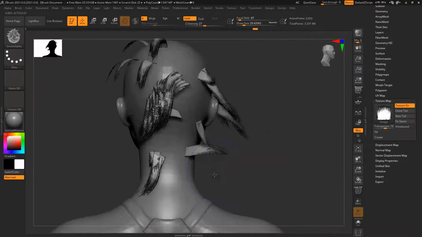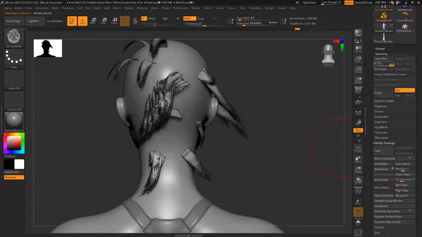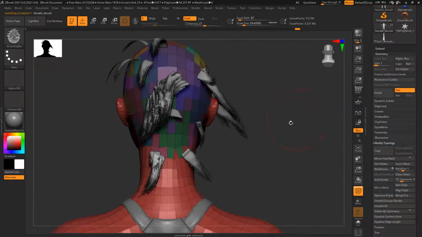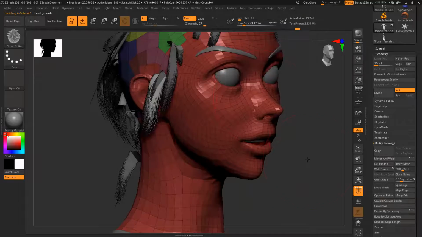So will you retopo this as well, or will you just use the lowest division of the ZRemesh? For what? Hair? No, body. No, the body most probably I will retopo. If I see the lowest division, the poly loops are almost correct.